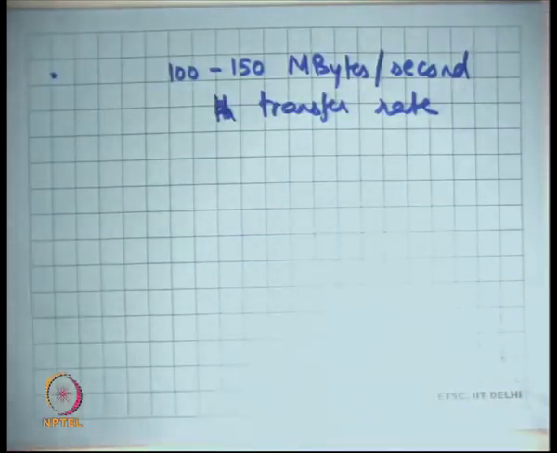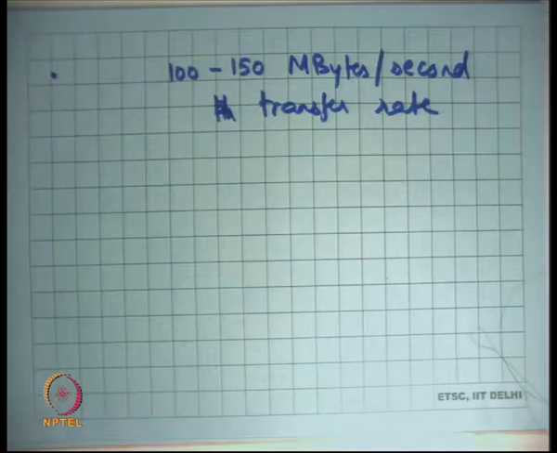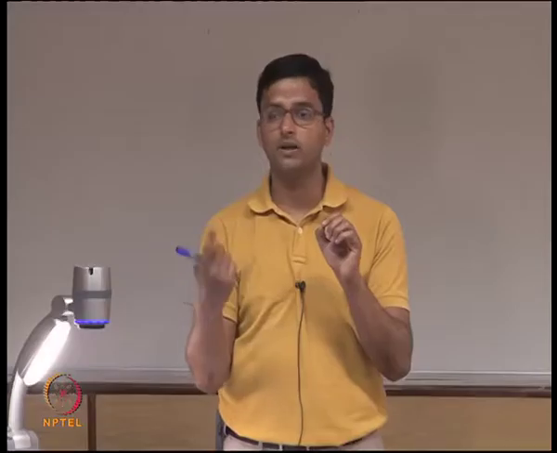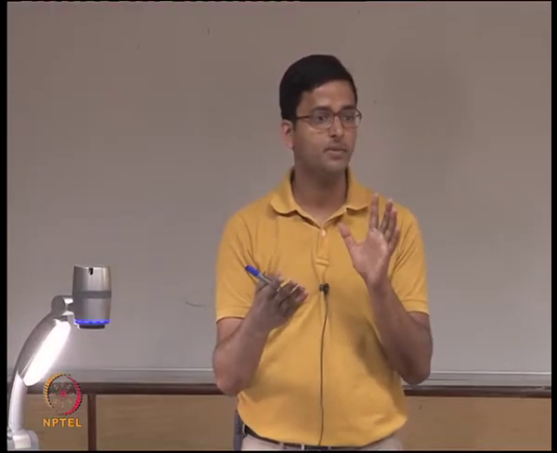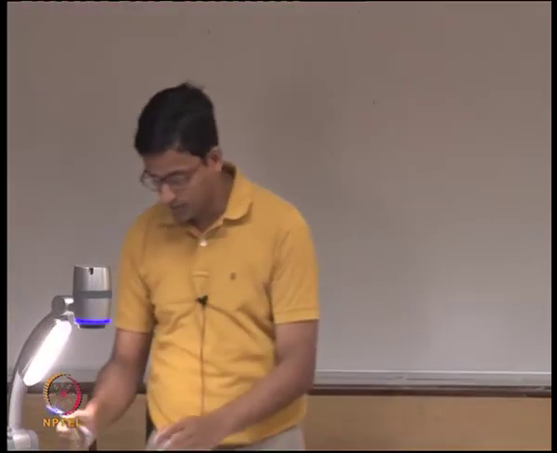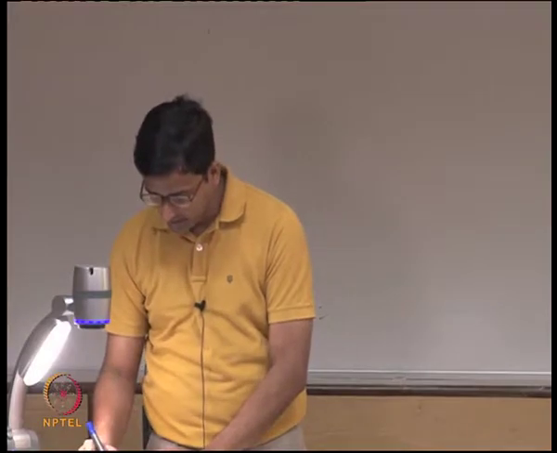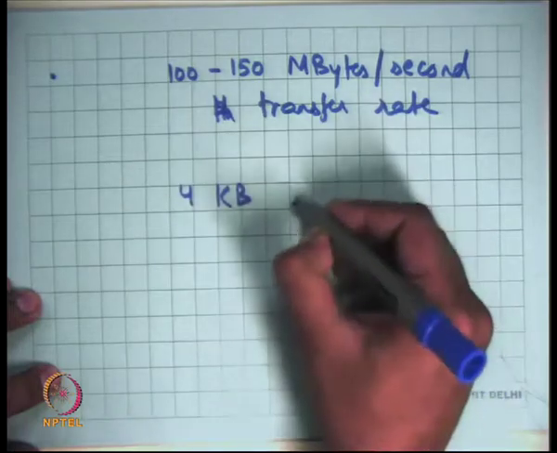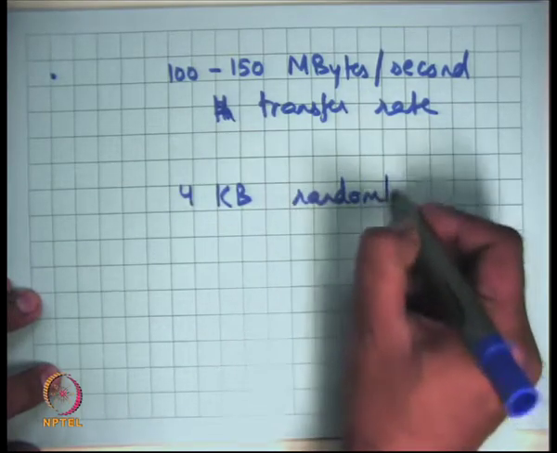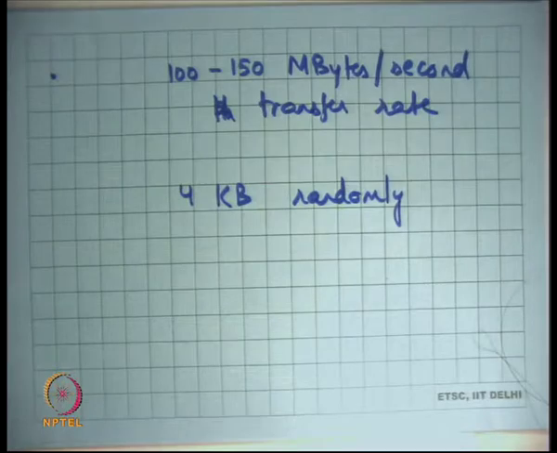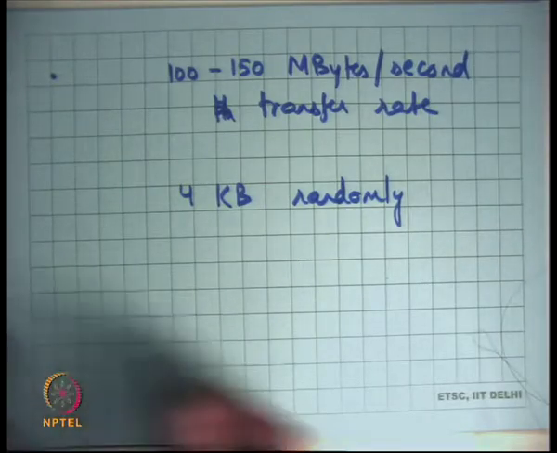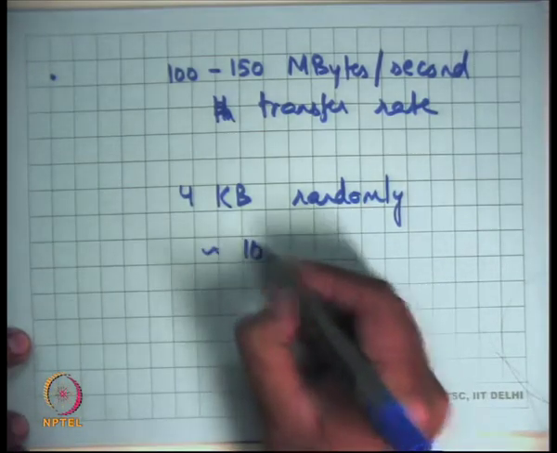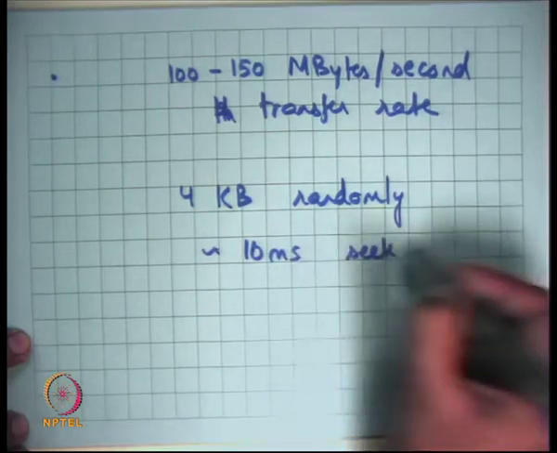Right. So after you have positioned the head at the right position, you can now start reading data at roughly 100 to 150 megabytes per second speeds. So what that means is that, let's say if I wanted to read 4 kilobytes randomly from somewhere, I have to actually do seek and latency, then I'll have roughly 10 milliseconds of seek plus latency,